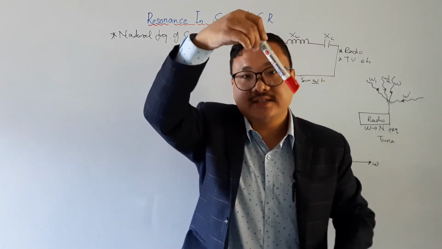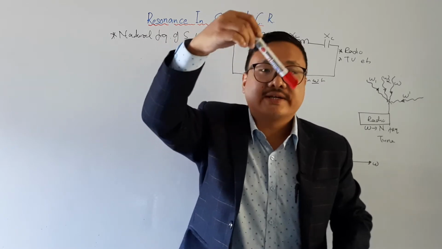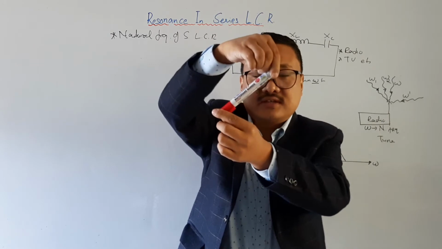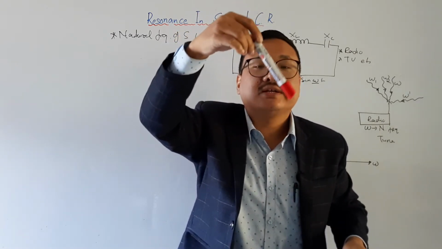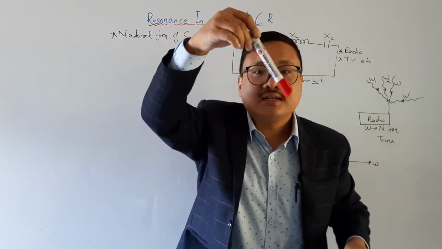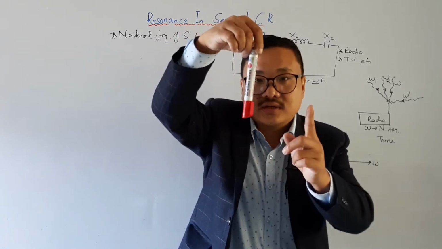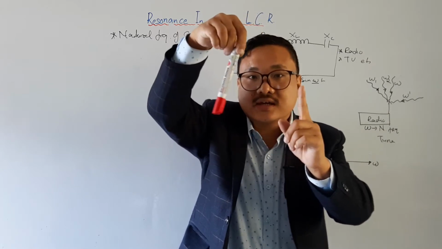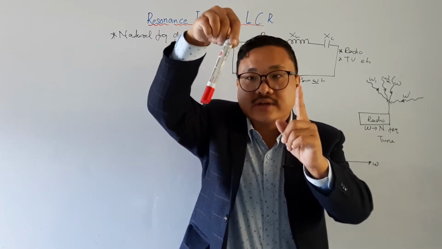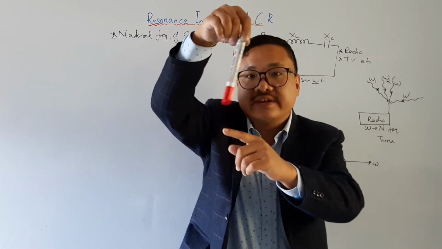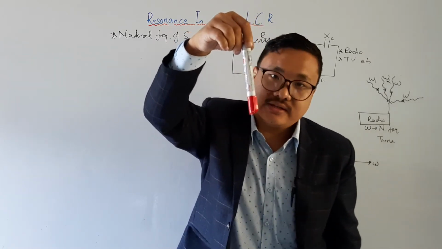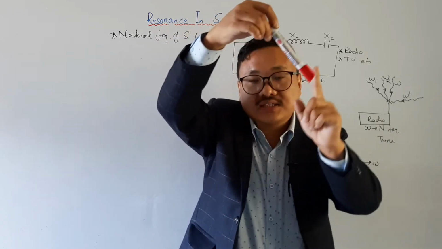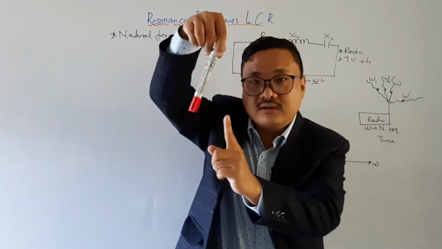Another example: if we have a pendulum oscillating like this with a particular amplitude, from here this much is the amplitude, and from here this much is the amplitude. If I want to increase its amplitude, and it is coming towards this side and I hit it, then its amplitude will not increase. It is coming, going, and I hit it while it is coming, and its amplitude will finally decrease.